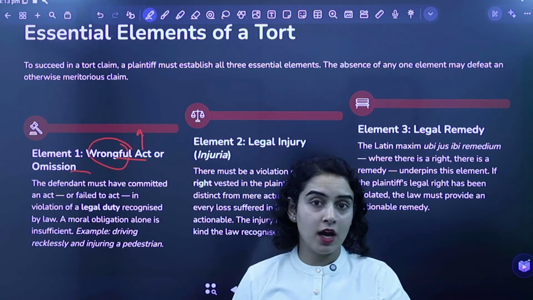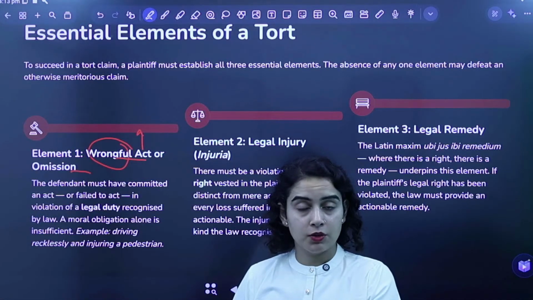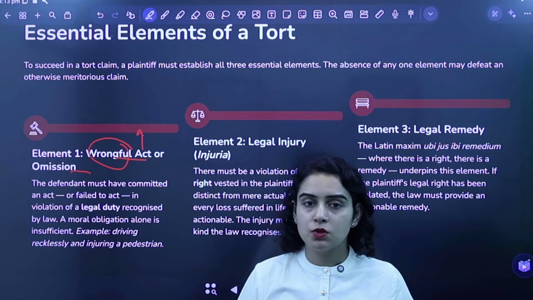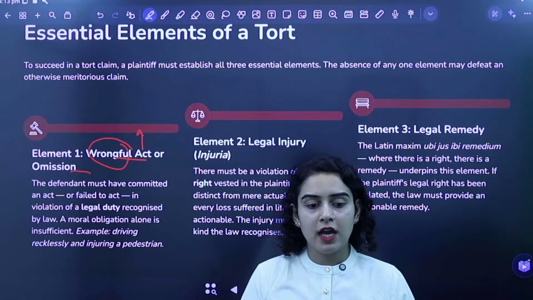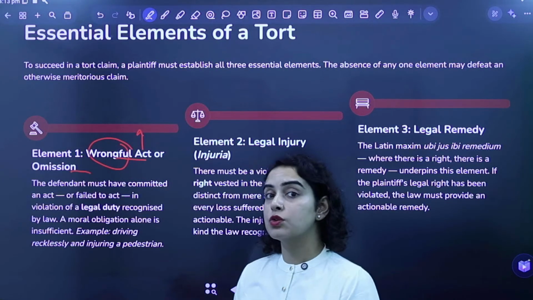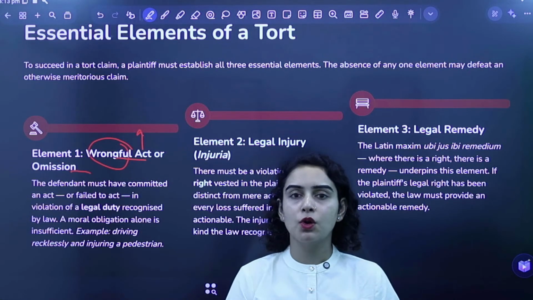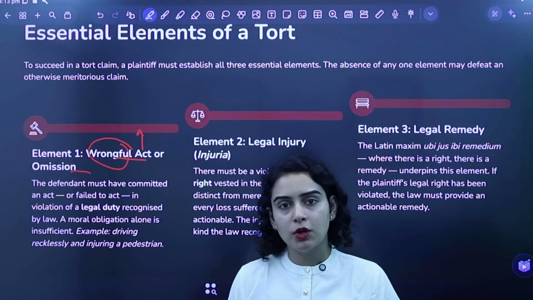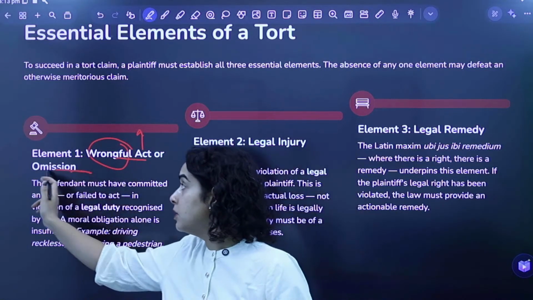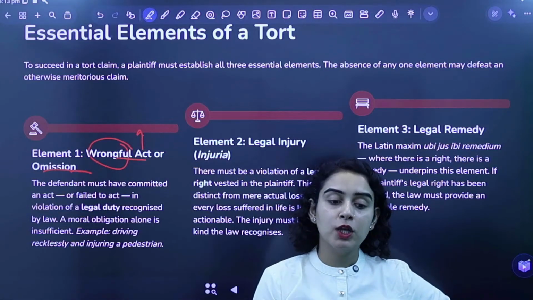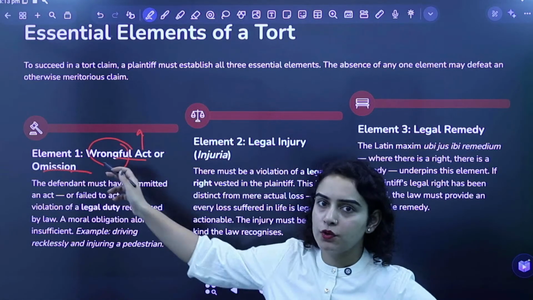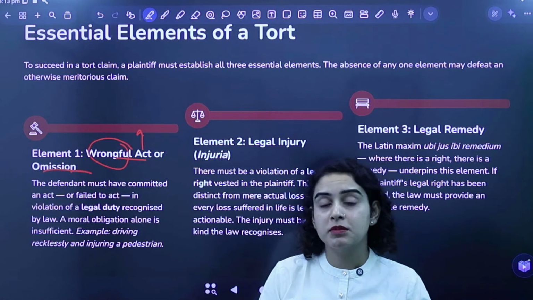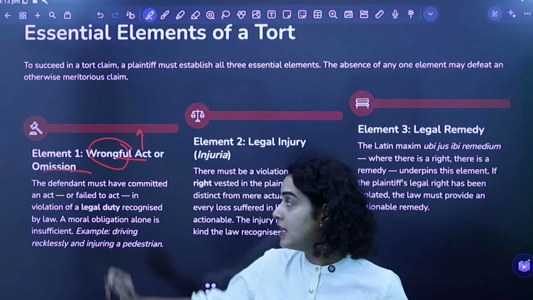Let's say you left your house to go to the school, but you do not go to the school, you bunk your school, right? So यहाँ पे your responsibility was to go to the school. That was your duty, but you do not do it. When you do not perform your duty, you are doing an omission. ठीक है? So when you are doing something wrong, that's a wrongful act. When you are not doing something which you are supposed to do, that's an omission.